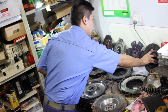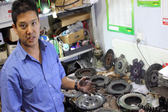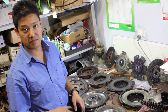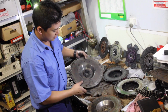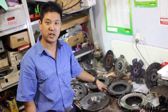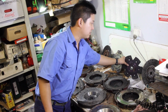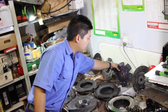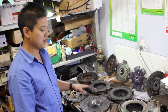So the plan for the current engine that I'm running, which is an L67 with a 3.2-inch pulley, E85, XP hot cam and so on, is to run this flywheel here, have that resurfaced and balanced to match the flex plate, along with an upgraded or brand new cover with an upgraded clamp load and a reconditioned friction disc. So this is the standard 10-inch friction disc. That will see me through till I finish building my new engine,